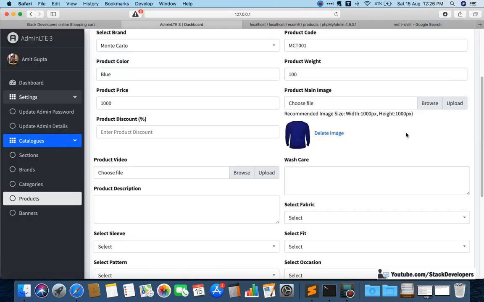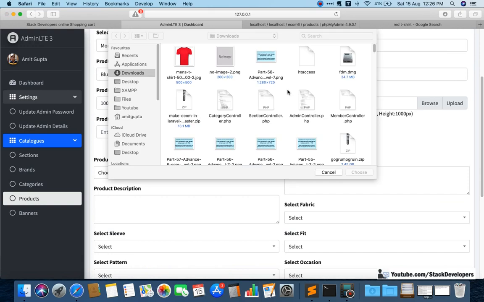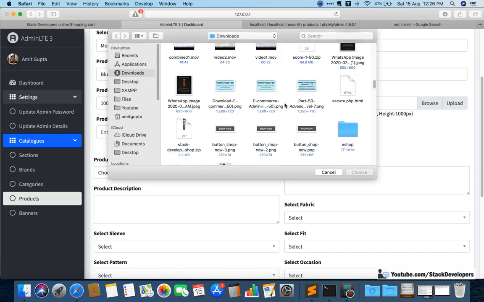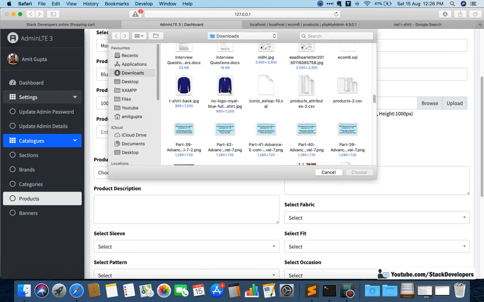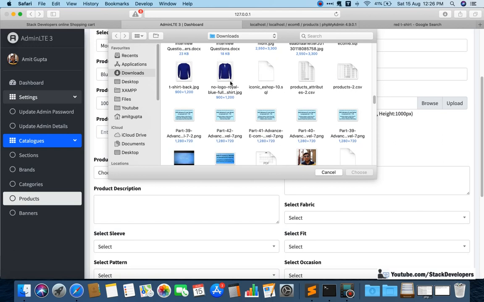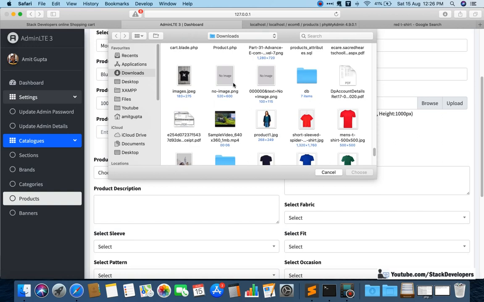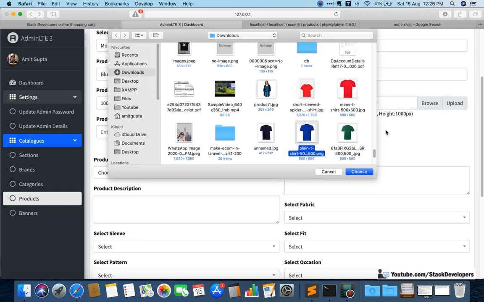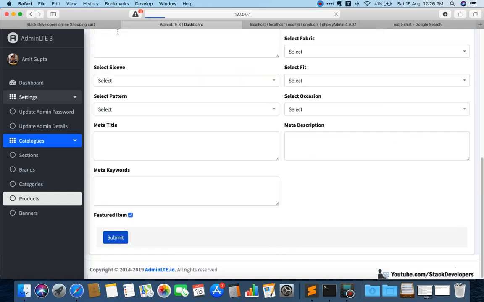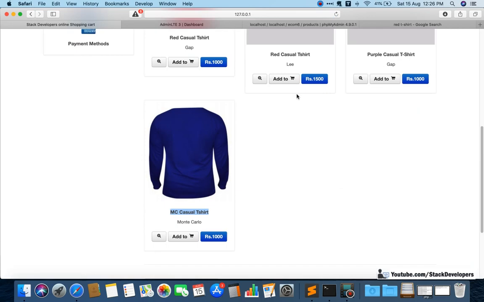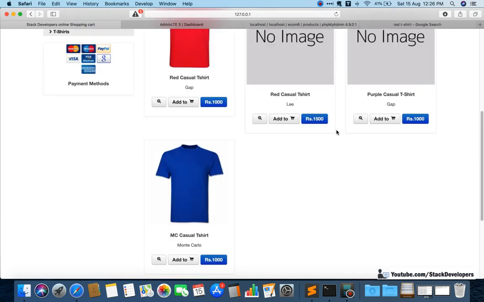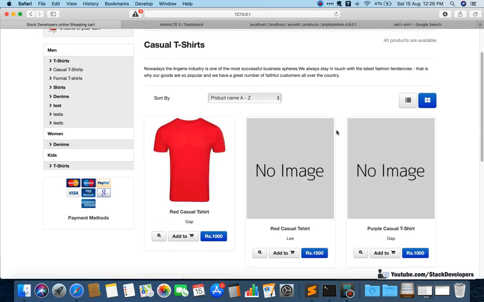So here also I am going to upload once again, because now I have changed the size. Now I must update the size of all the images. Here is the difference, see, 900 into 1200. Now this image will not work, it will distort. So I can import this 500 into 500 image, and now it will look fine. Okay, now you can see it looks better.